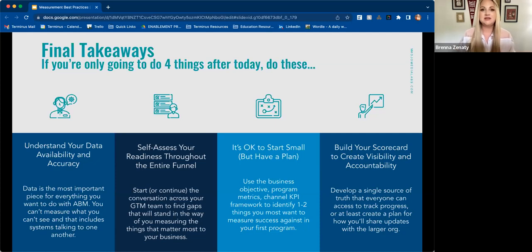Again, these are programs that you can't run in a silo. You need sales. If you're running post-sale ABM plays, you need customer success involved. You need leadership approval from the top down. So people that are really good at building cross-functional relationships, especially with a sales or a marketing counterpart, is super crucial. I think that people that are also metrics driven and first and foremost understand how to tie back to pipeline and revenue